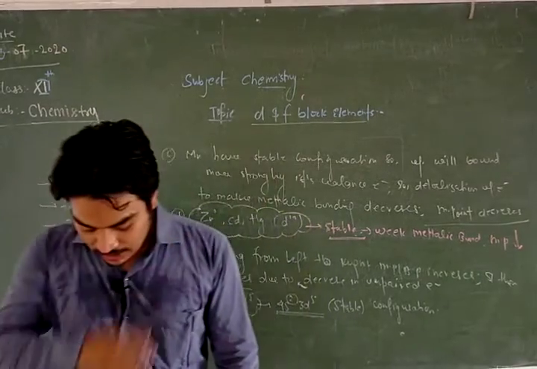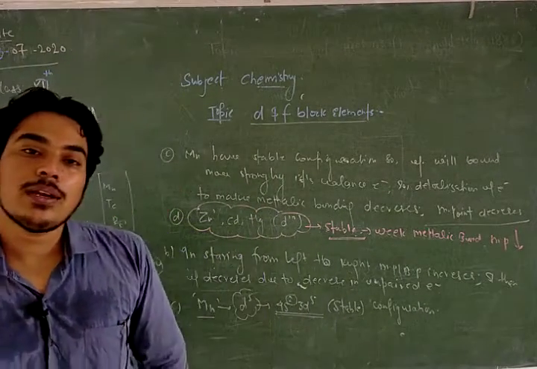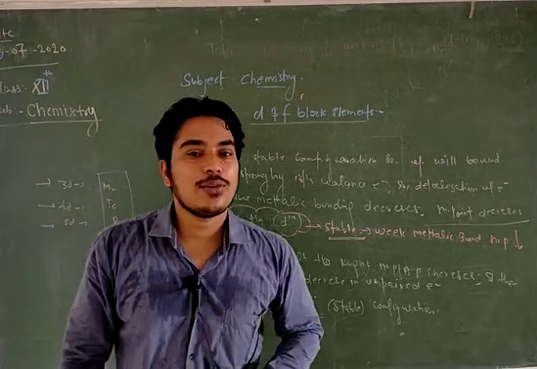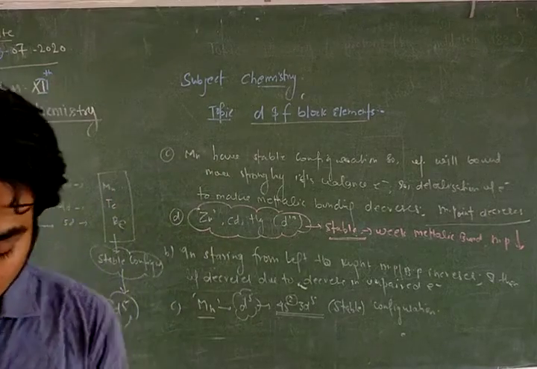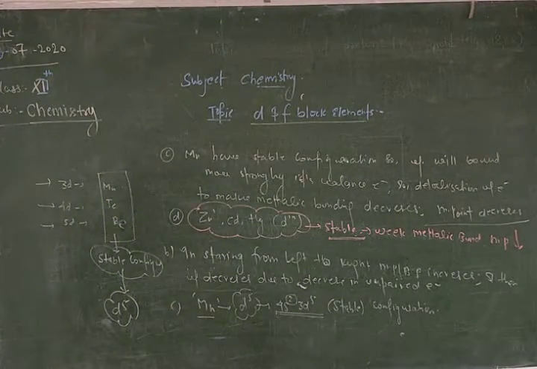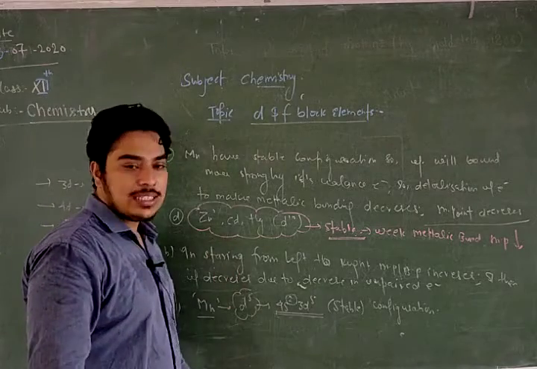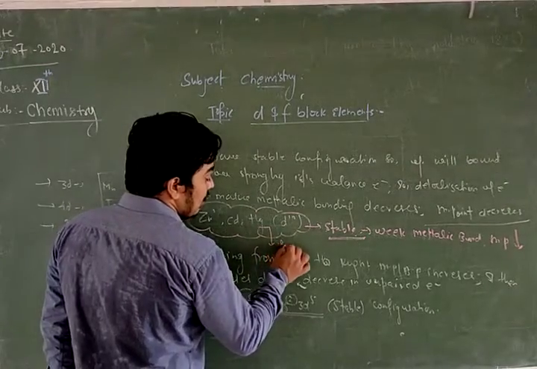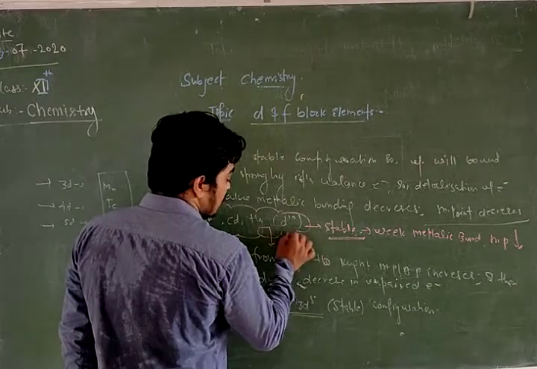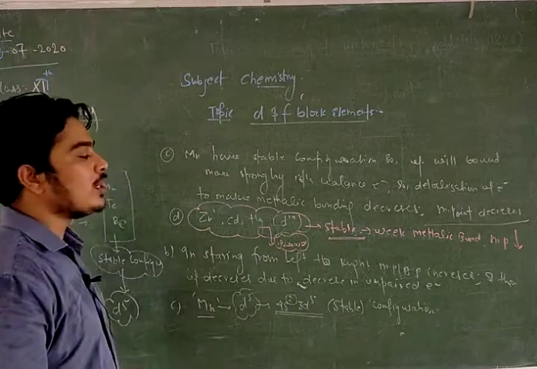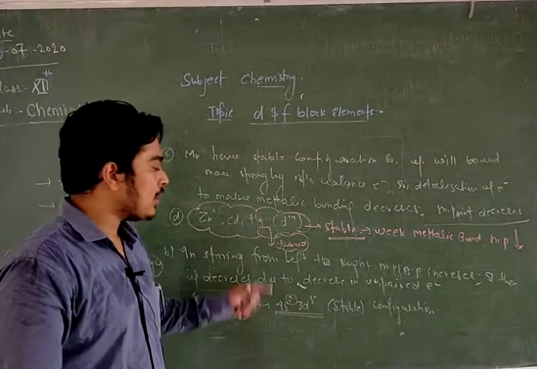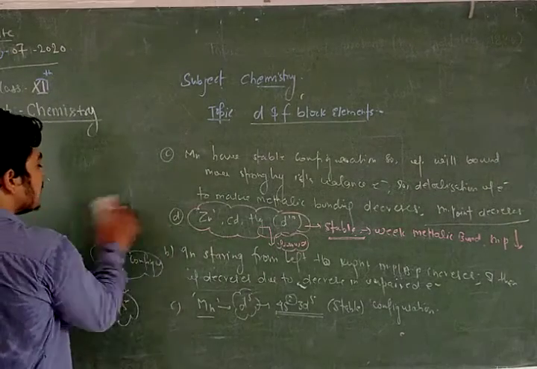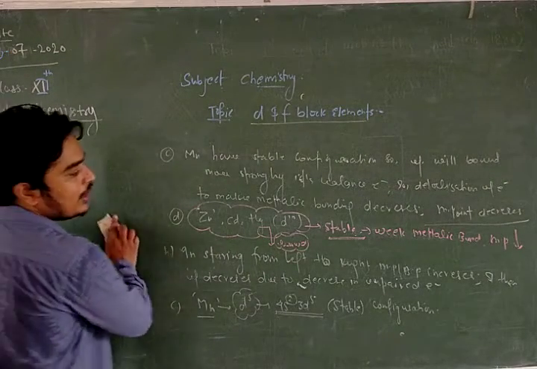As we decrease the number of unpaired electrons, because zinc, cadmium, mercury, these do not contain any unpaired electron, the melting point of these elements decreases. As we all know, mercury exists in liquid form at room temperature. So minimum melting point is of whom? That is mercury. Mercury exists in liquid form at room temperature. So this is the basic idea behind melting point.